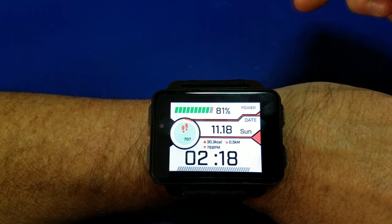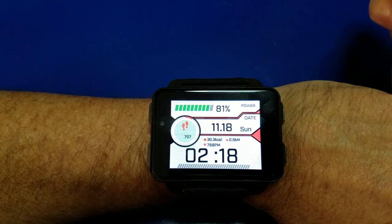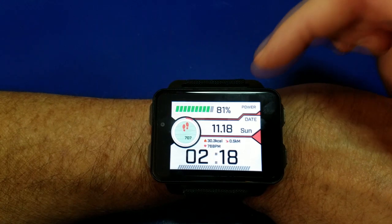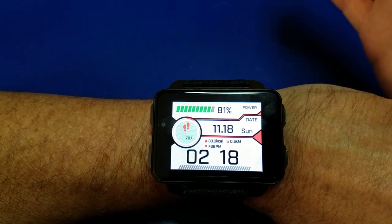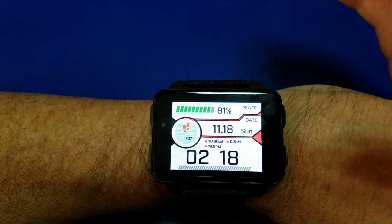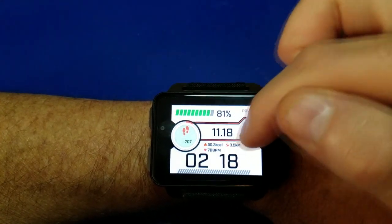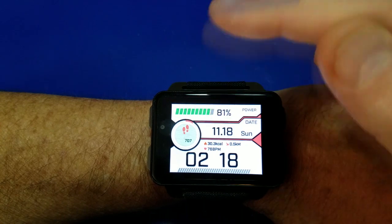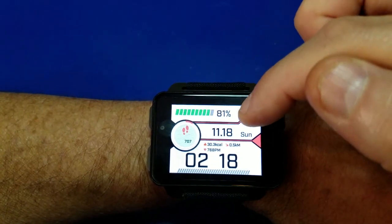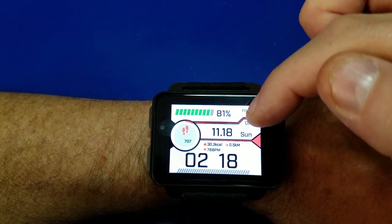Today we're going to be talking about this watch. That's right. This is the LEM4 Pro Android 5.1 watch, and it's awesome. I've been running it for about 3 days now, and it's fantastic. I've had very few issues. I've had a few minor issues with the steps disappearing on me, but the battery life seems to be very